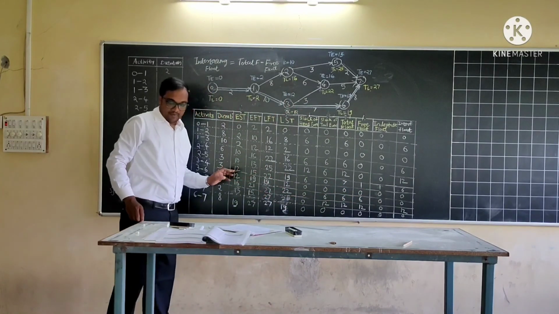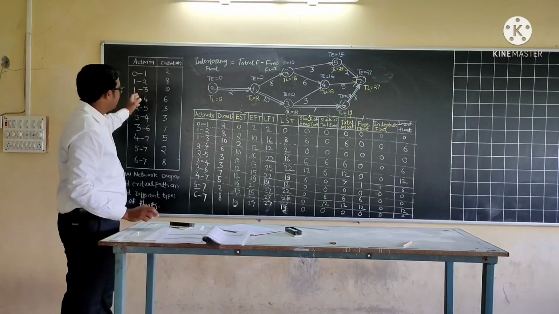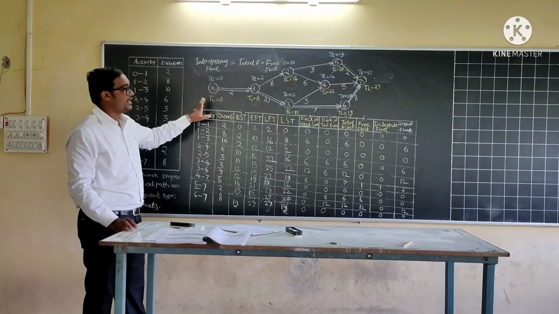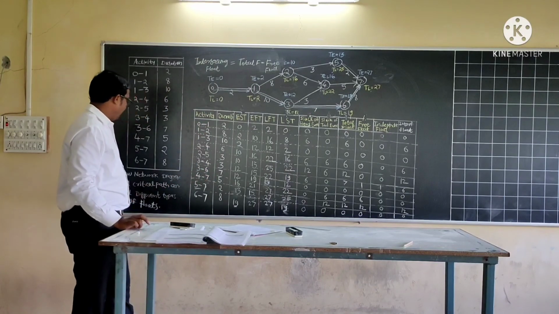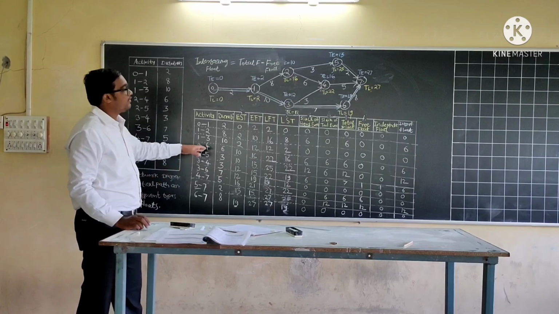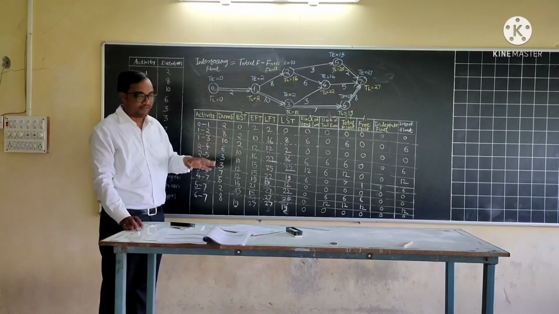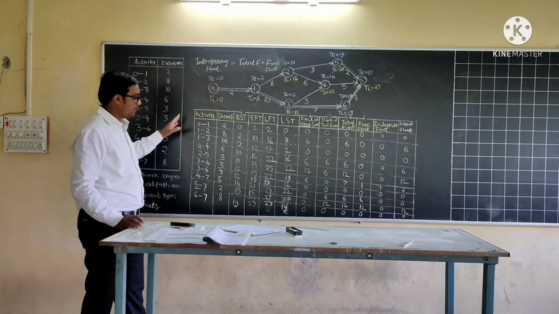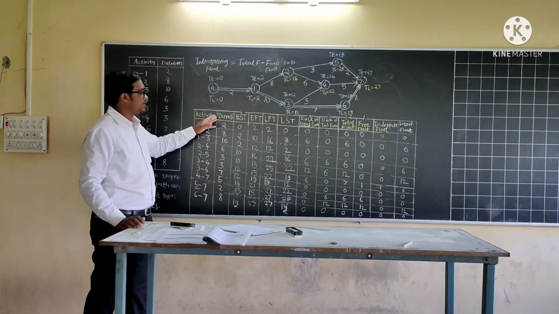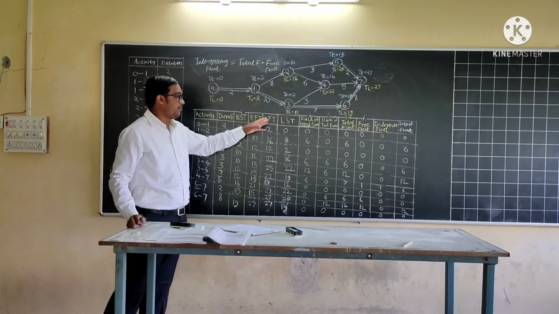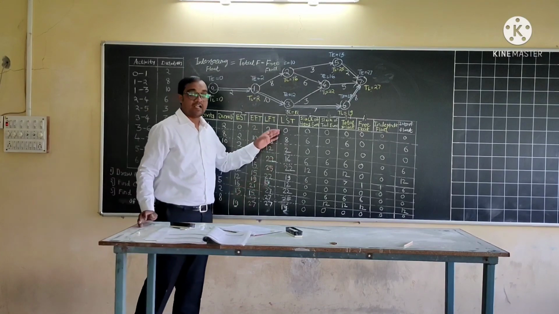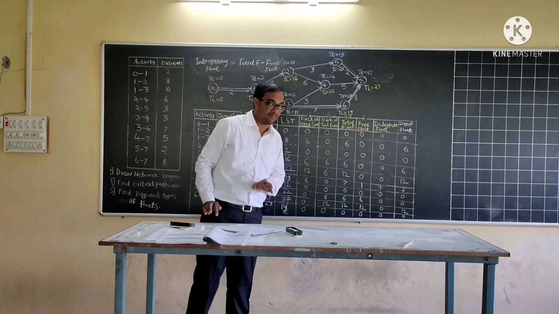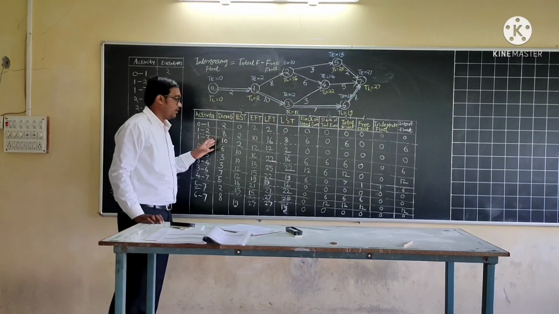So in this video, again I will take the review. Depending upon this data we have drawn the network diagram. Also we have found the total project duration and critical path. And we have calculated the different types of float, that is total float, free float, independent float and interfering float. For that purpose you need to prepare a table like this, starting from activity, its duration, early start time, early finish time, latest finish time, latest start time, slack of head event, slack of tail event, total float, free float, independent float and interfering float. So all these are the content of this table.